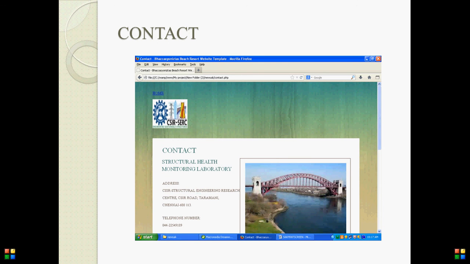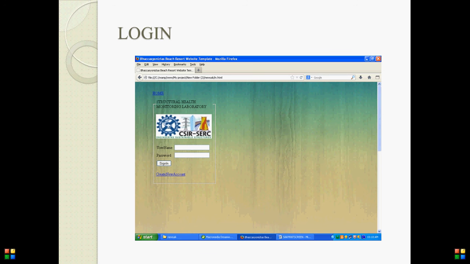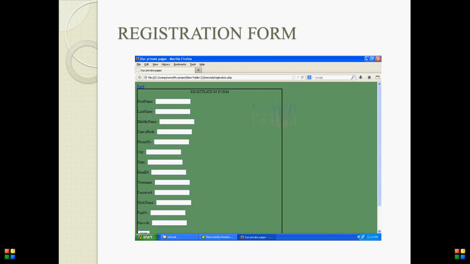The contact us page is used to clarify the queries of users. The login form is used for login purposes. The registration form creates a new user ID and password. It has first name, last name, middle name, date of birth, username, email ID, password, etc.